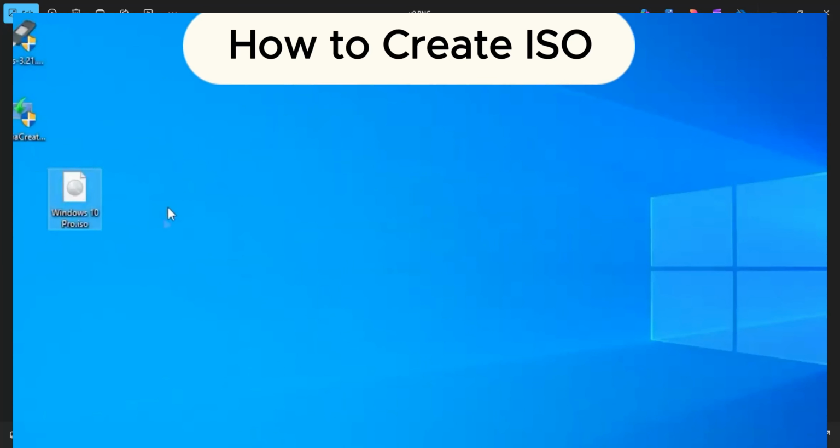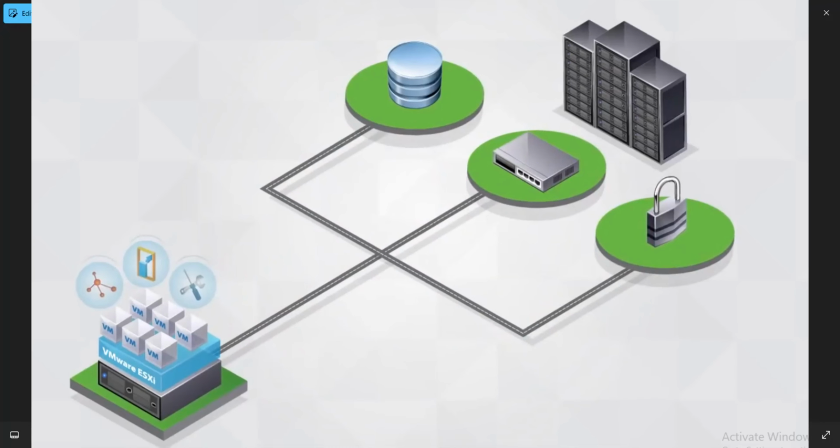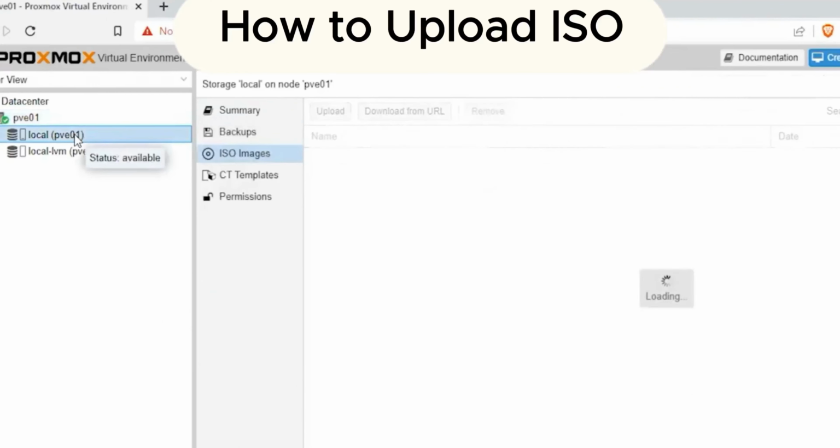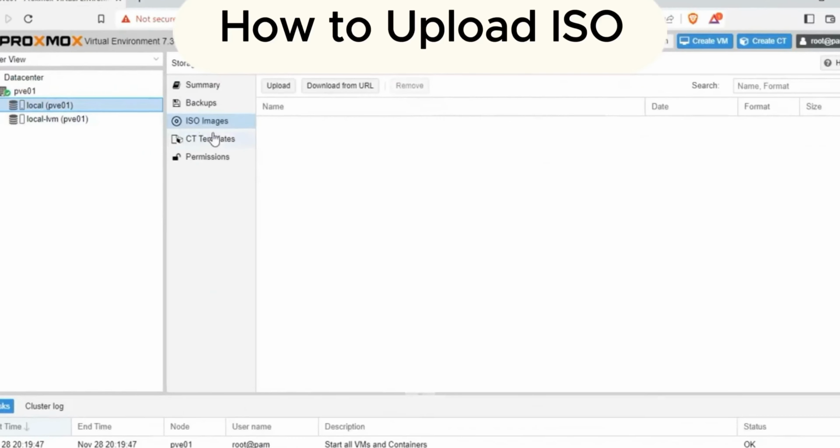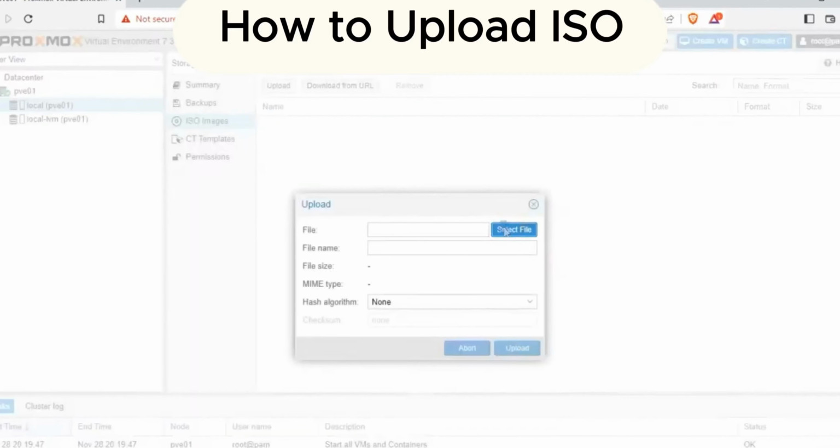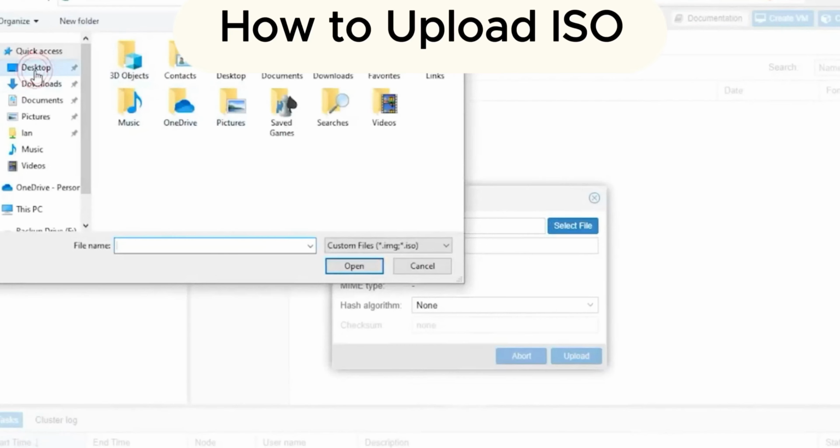Here we go. Now the ISO image is ready, and the next phase is to upload this ISO file inside the Proxmox VE environment. Now the process is really simple. We can go inside the virtualization platform Proxmox VE, and we have the ISO images option from where we can upload this newly created ISO image.